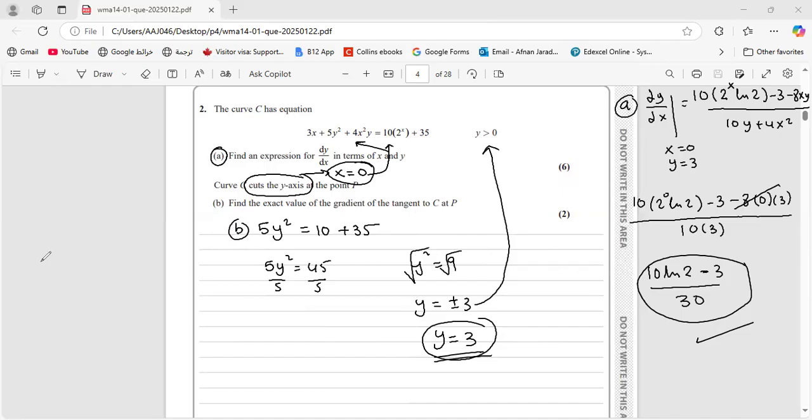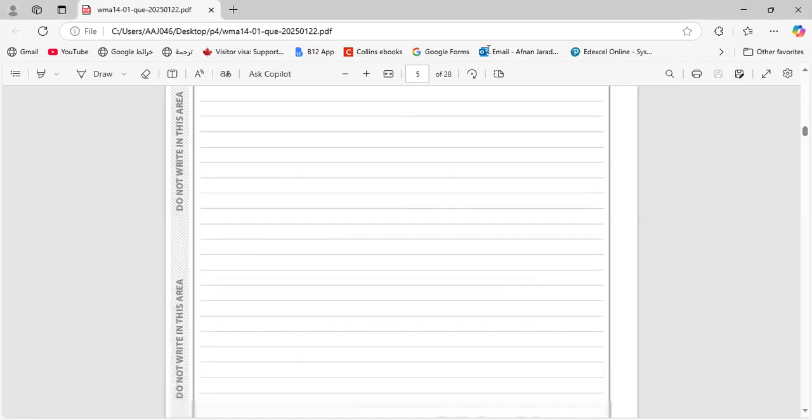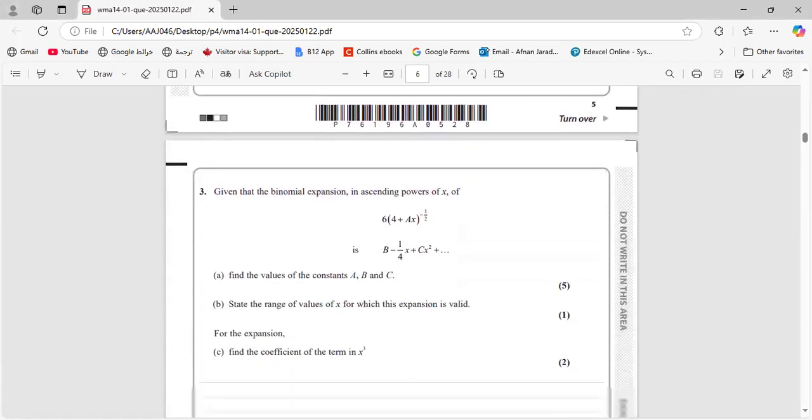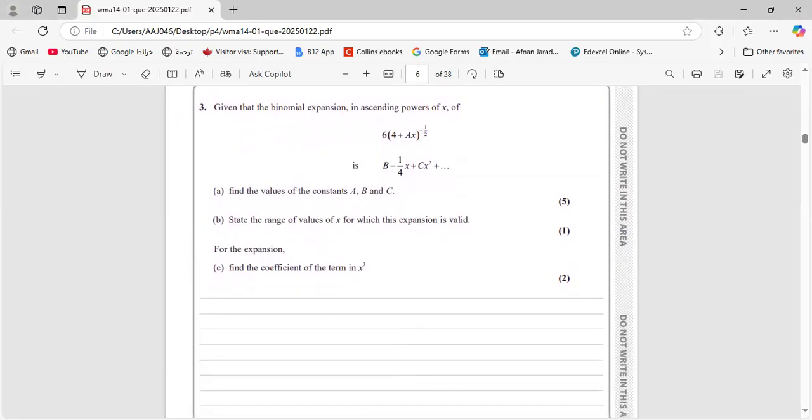Okay? Going from question number 2 to question number 3. Okay, 3. Given that the binomial expansion in ascending powers of x of 6 multiplied by 4 plus ax